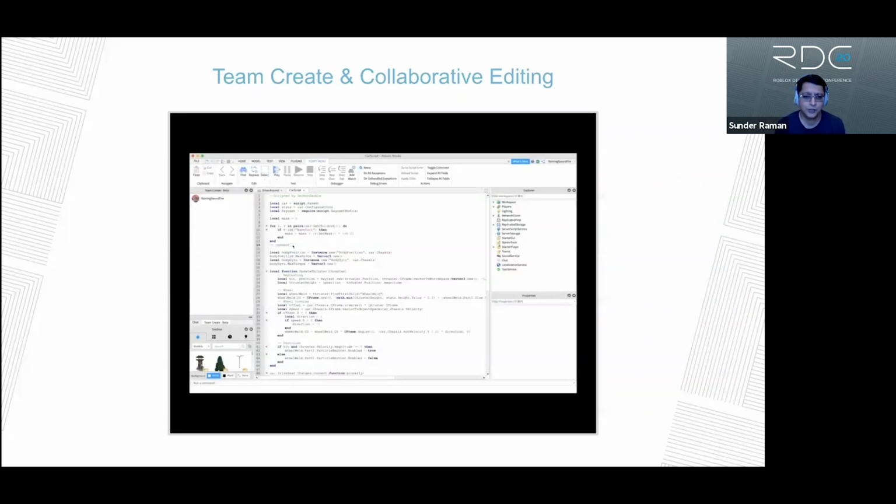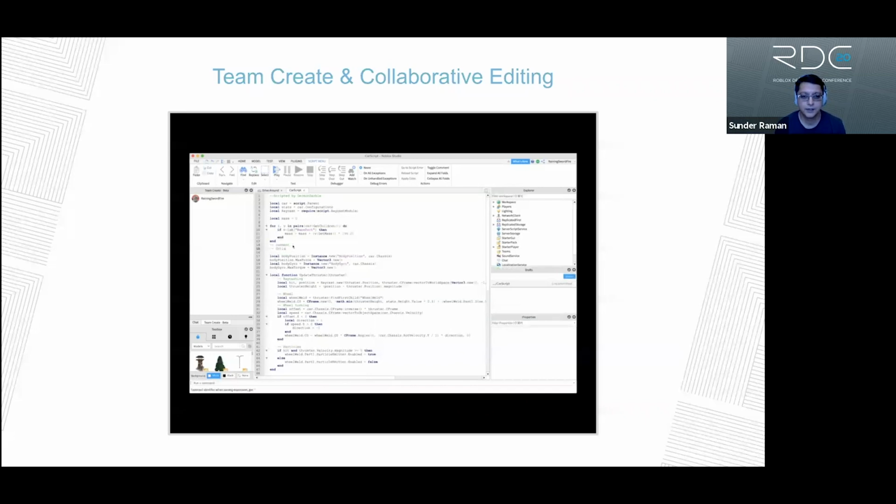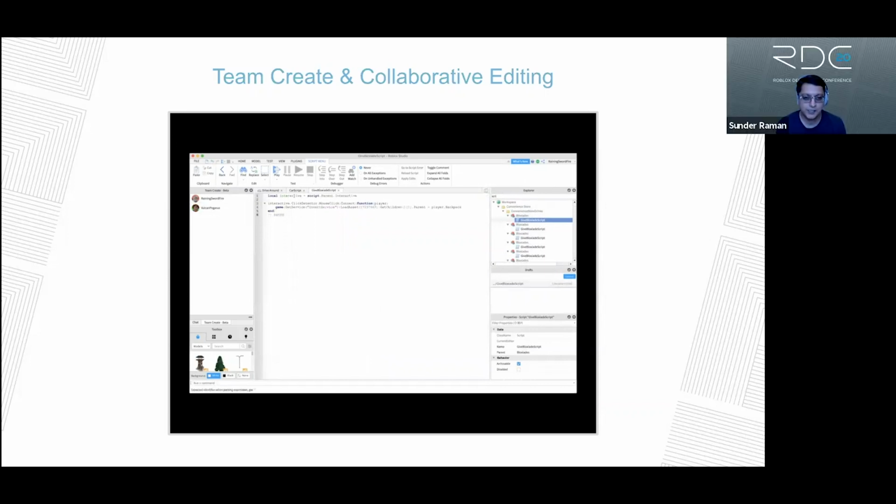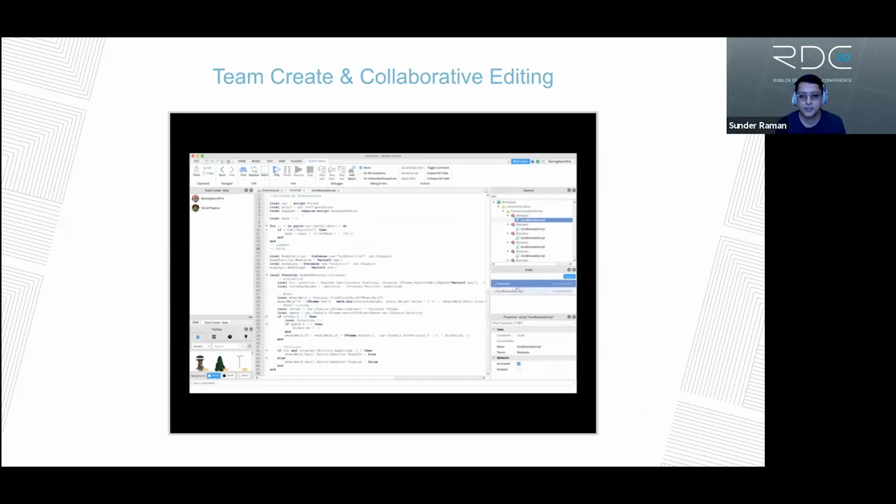And for the purposes of this demo, I'm just going to leave a simple comment in there to make a change. And you can see the drafts widget show up on the right-hand side. I can select that script and commit. Odds are you're working on more than one script at a time. So I'm going to do the same thing here where I edit 2 scripts. On the drafts widget, I can multi-select and commit. So that is collaborative editing.